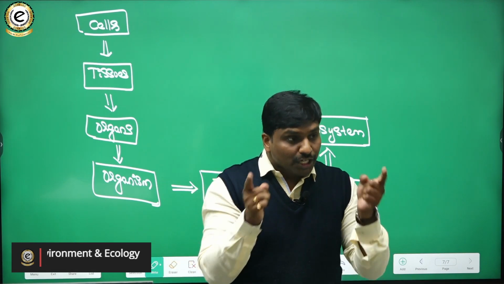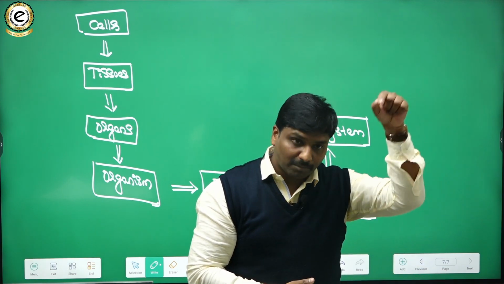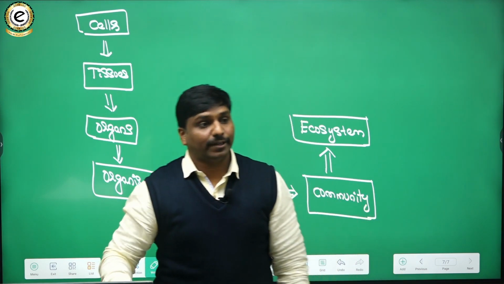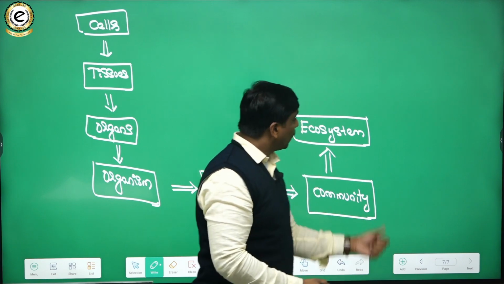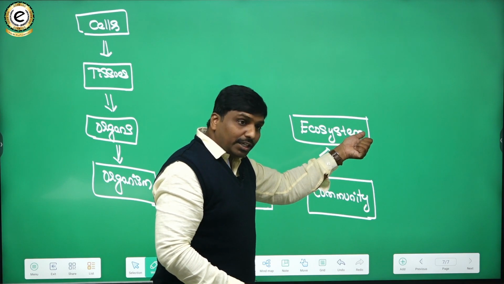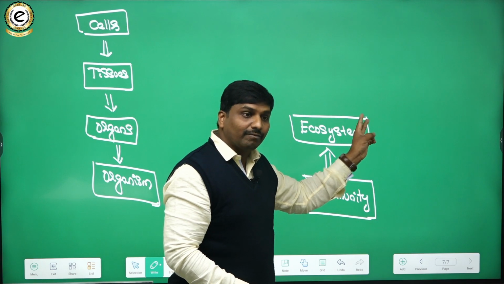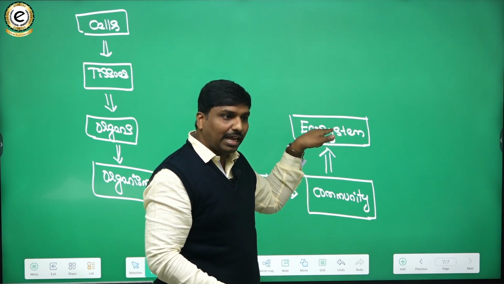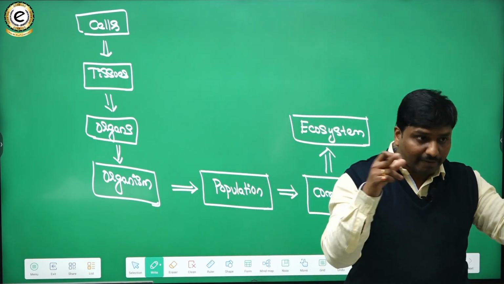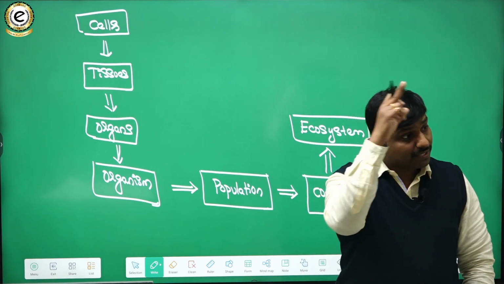Can you understand that? So ecosystem is nothing but such a system where organisms will interact among themselves and also with reference to the environment. So that is known as an ecosystem. And you remember this keyword in ecosystem: interactions of organisms with the physical environment. And in ecology, ecology is the systematic study of the interactions among organisms among themselves and with their physical environment. So we are systematically studying that.